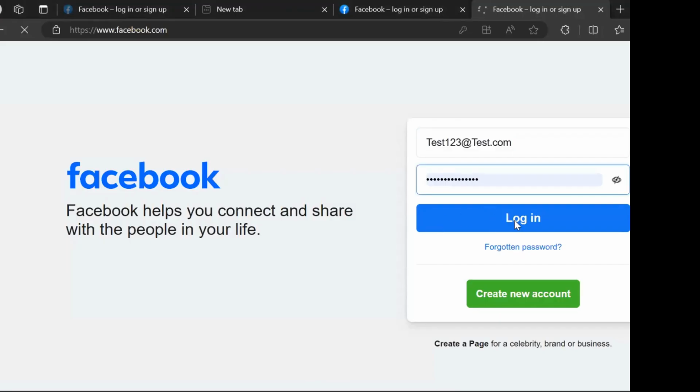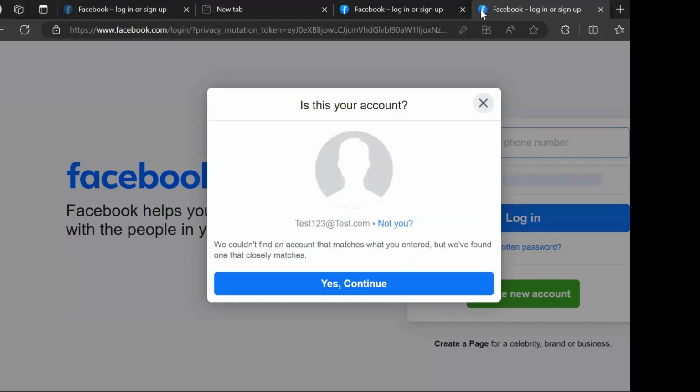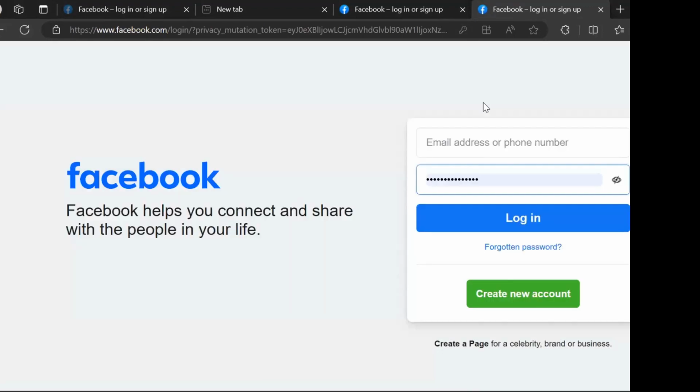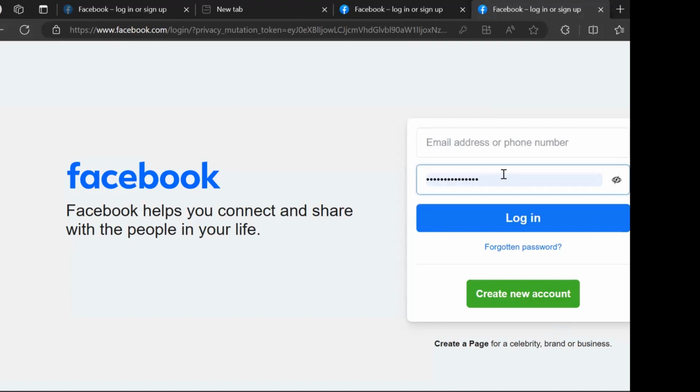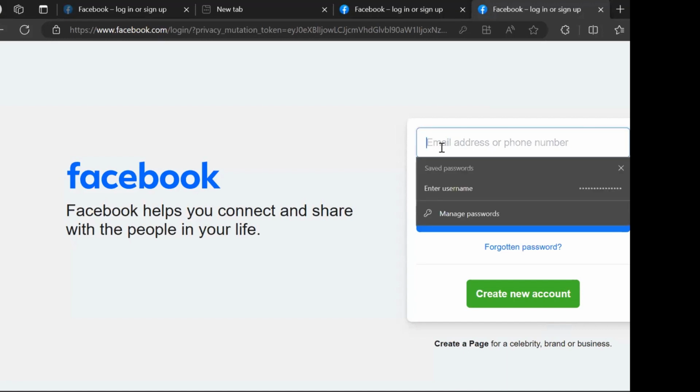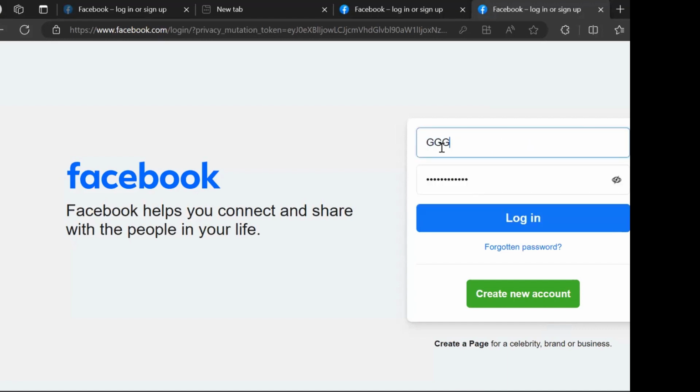Login. Okay, it's loading. You can see it's loading. So I've entered the username. So I've entered an invalid password. This is an invalid username, an invalid email address. And when I click on login,